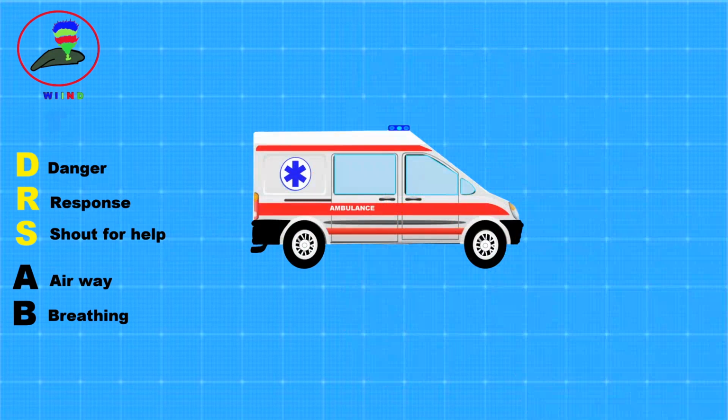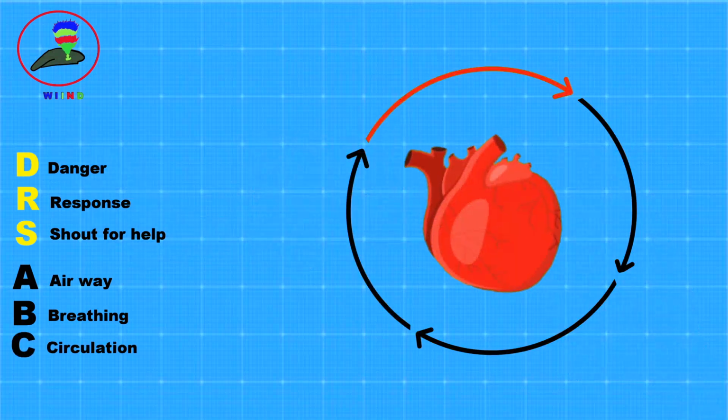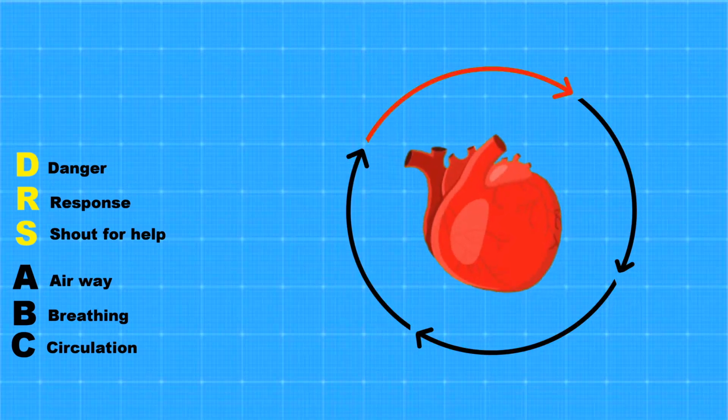CPR. First, make sure that an ambulance is on its way. If you have someone with you, ask them to make the call. Putting the phone on speaker mode is useful, as the ambulance service can talk you through the steps. C is for circulation. Circulation means the flow of blood around the body. And when the heart stops pumping, we need to take over this role by pushing down hard and fast on